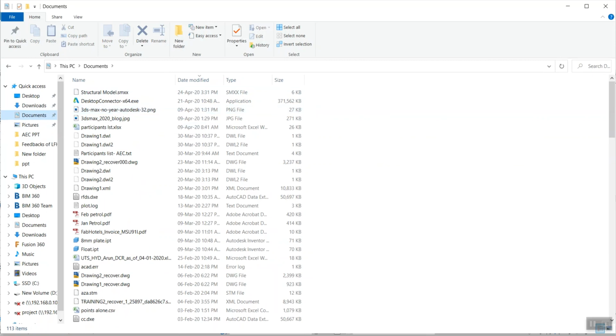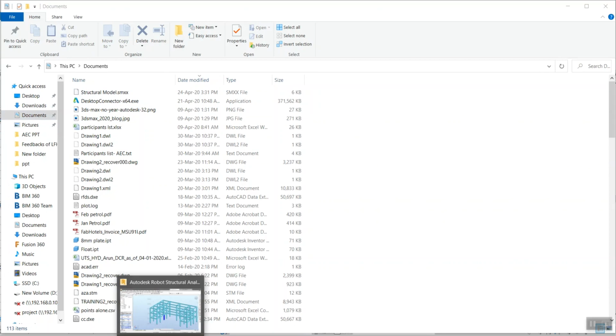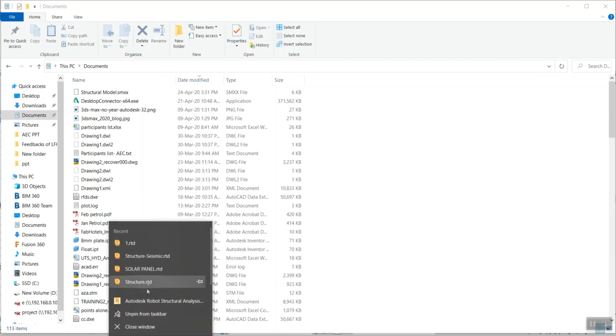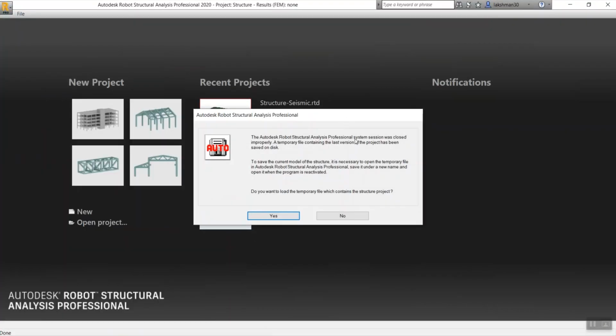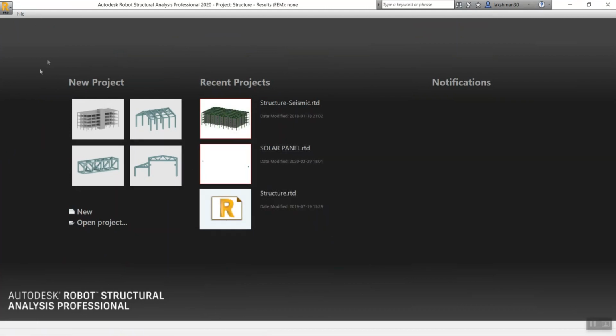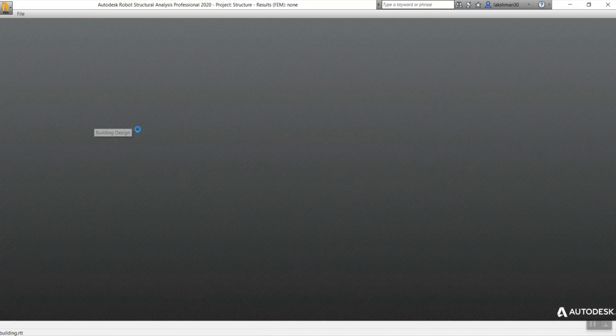Now you can come to your robot. Let me open a new model. Let me open a new tab, and I will show you how to import the things. Do you want to load the template? No, I'll give no. Okay, what I will do, I will open this template.